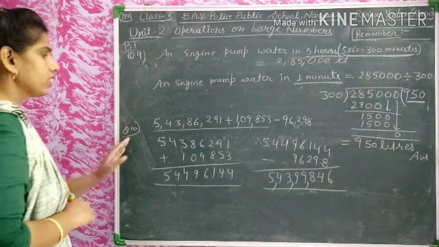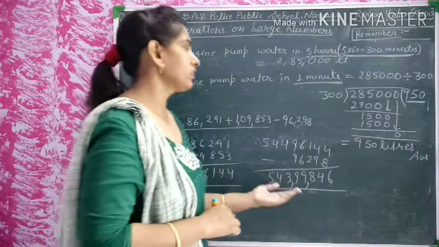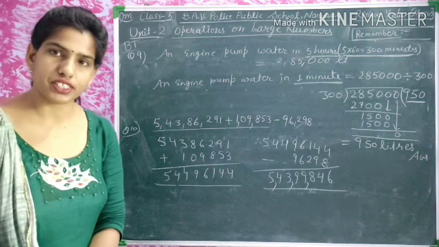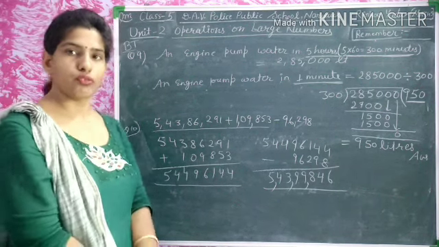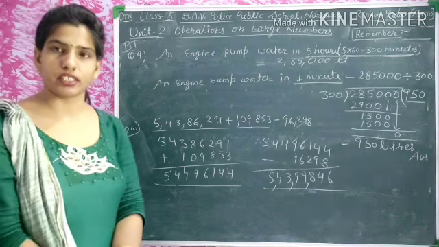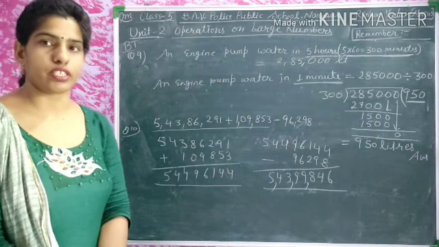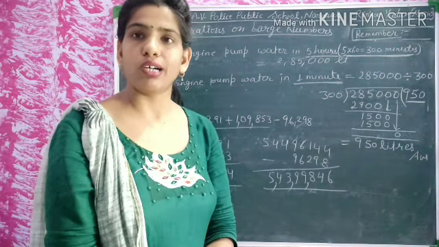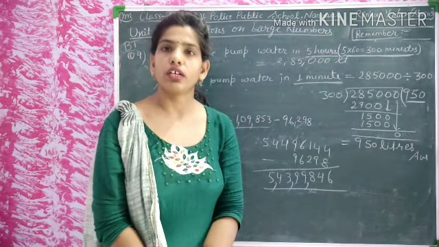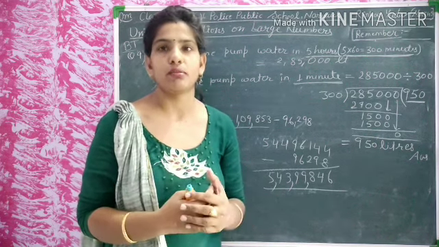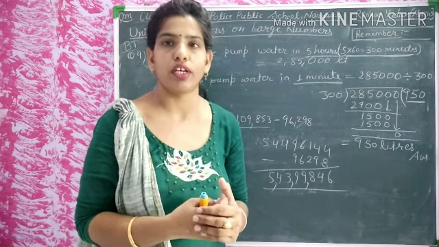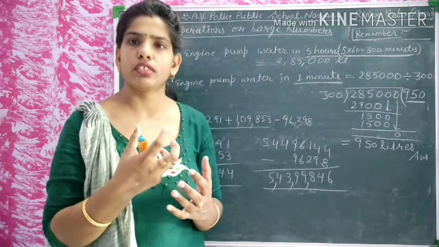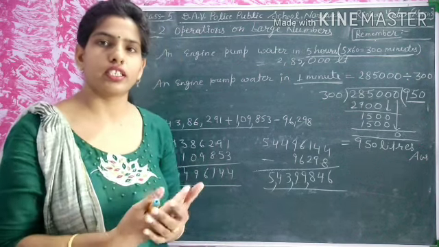Okay students, we have reached question number 10, and we have done all the questions of the brain teachers exercise. In the next class we will do the next chapter, chapter number 3, which is multiples and factors. Do you remember the tables? If you know the tables completely, remembering all the tables up to at least 25, and you know about multiplication, we will use small numbers in this